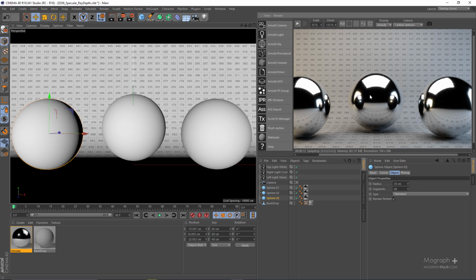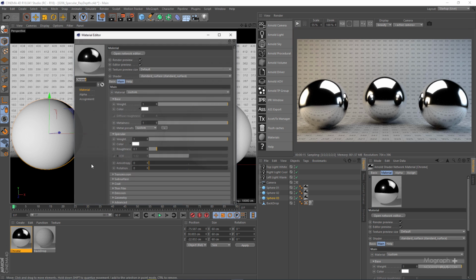You can check out the material, but it doesn't matter, and you don't need to know how to create reflective materials at the time being. You just need to know that this is a reflective material. As you can see, we have the specular weight set to 1 in the material, and the metalness value is as well set to 1, so we get this